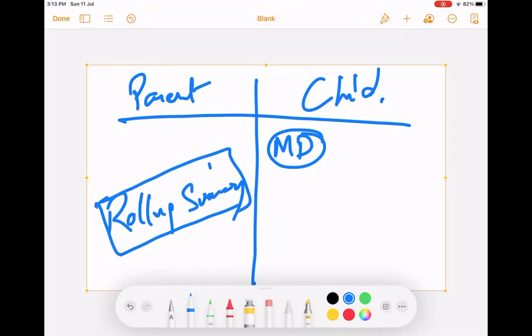So what does roll up summary do? Roll up summary can count your child records. You can do summation of some column of the child records. You can come up with a min or max of any column in the child records, any numeric column, of course. So sum, count, min, max, I think average is also there, if I remember. Okay. So let's see how that works.